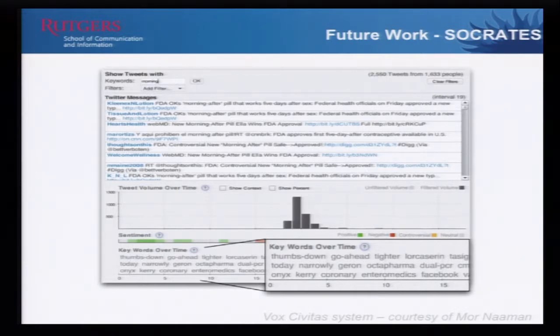Just to give you an idea, these are all ongoing work. I showed you the part of our collect component, which is the ContextMiner and info extractor. This is part of our explore component, shown here with the Twitter example, where you can not just collect, but explore, because often you don't know what questions to ask. So you just start with data collection, and as the data is coming in, you start digging into it, and that allows you to formulate your questions or queries. This is a way to quickly visualize incoming tweets, look into them, and then realize, oh, there are a lot of things going on about this. Maybe we need to dig deeper.